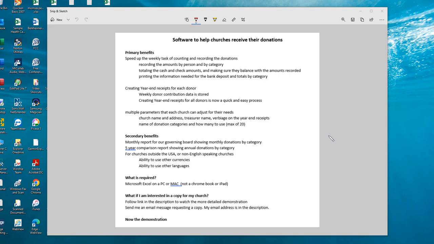The other big thing it did for us was for our year-end receipts. What used to take hours, we can now accomplish in a matter of minutes. And since other churches are using it, there are multiple parameters in the software that allow churches to adjust it for their specific needs. I've continued to enhance it over the years, so some additional benefits we have now is